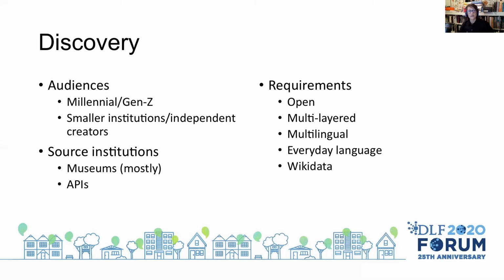We also clarified requirements for the deliverables. The schema, standard, and taxonomy had to be based on resources in the public domain or licensed under Creative Commons. They also had to be able to accommodate multiple layers of metadata from different sources. These included source institutions, Curationist staff, and community users. And they had to facilitate content in multiple languages and use everyday, not specialized language.